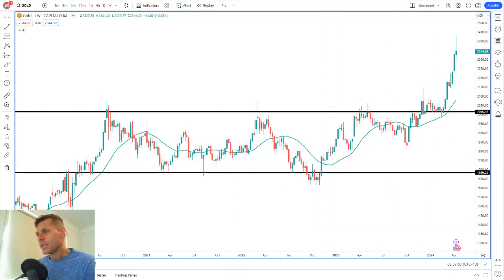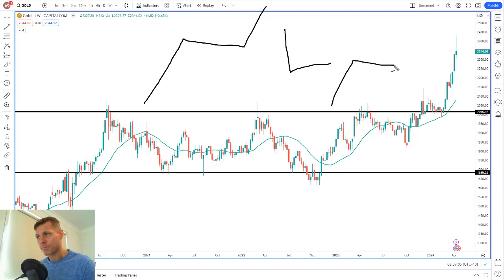So let's have a look at this here. One of the things that I'm always looking at is this. I'm starting to build this process, right? Firstly, if I see a strong move up and we get something like that, there's actually a really good probability that we're likely to get this leg up here. It's called the L-shaped pattern. The L-shaped pattern's like this here, or the upside down L-shaped pattern.